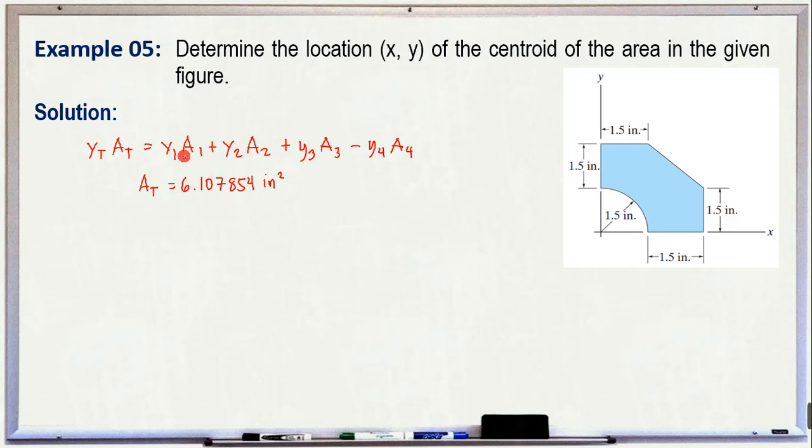Now the next step that we're going to do is to determine the values of the individual centroids of these areas along the y-axis, starting with the first object. Our first object is a rectangle. So the centroid of the rectangle is at the center. So that is our y1, y sub 1. Y sub 1 is just equal to, that is 1.5 inch. Next figure,